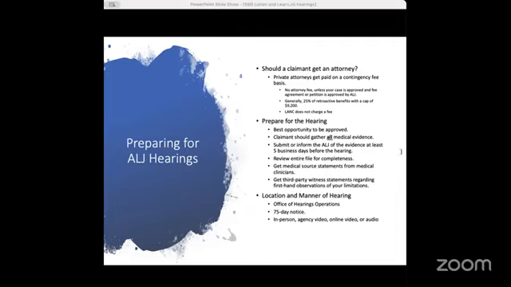But if you can't find an attorney to help you, you can represent yourself. And like I said, many people do. Remember that, based on that chart we were looking at earlier, this is your best chance to get approved, at least statistically speaking. So you want to make sure to prepare ahead of time for your case and to take that preparation seriously. You're going to want to gather all of your medical evidence, which means primarily medical records,